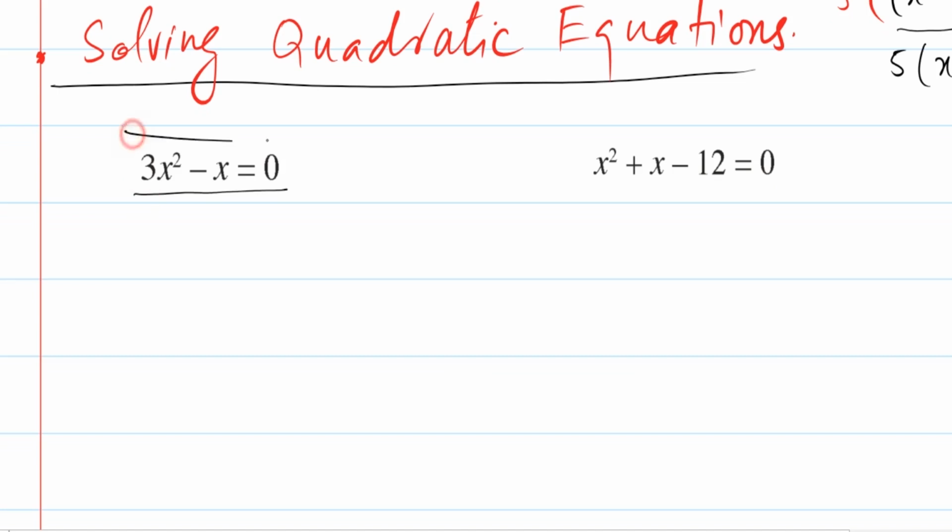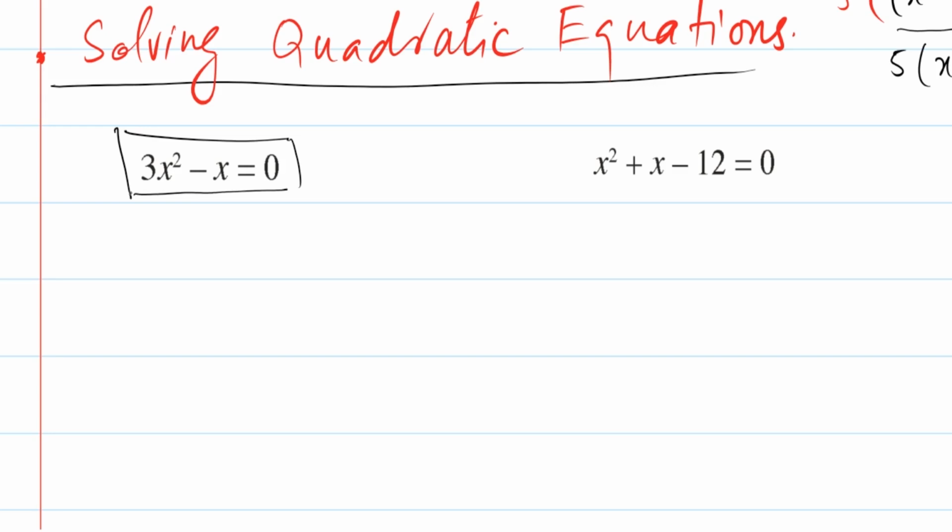In this equation, we have an equation with 2 terms. If I am going to use the factorization method, I need to solve this equation by factorization. So in that case, I have to factorize the algebraic expression. The first very important thing is to arrange the equation in standard form, or sometimes we call that general form, that is ax square plus bx plus c is equal to 0. In this case, we have already organized the equation.